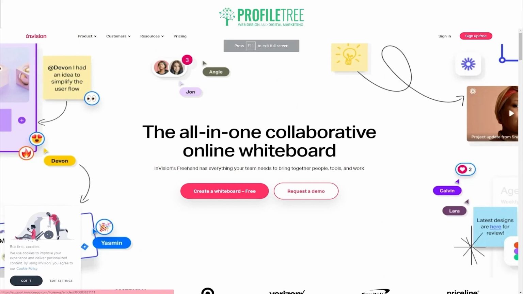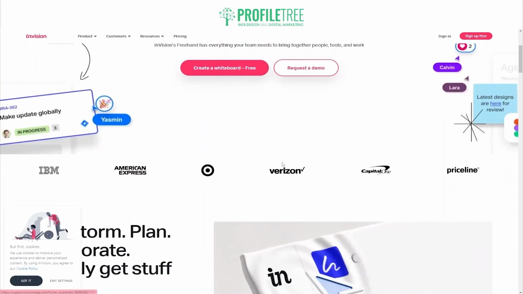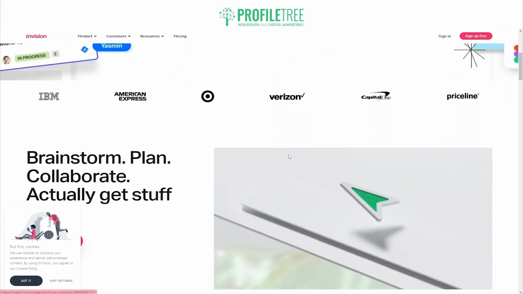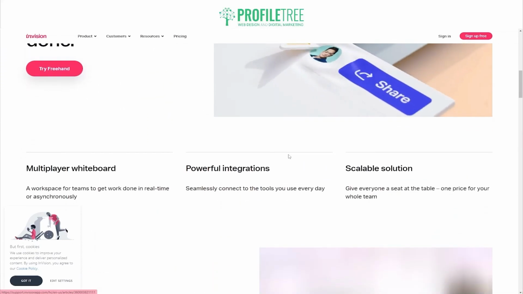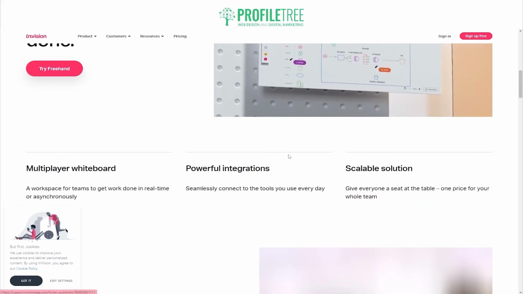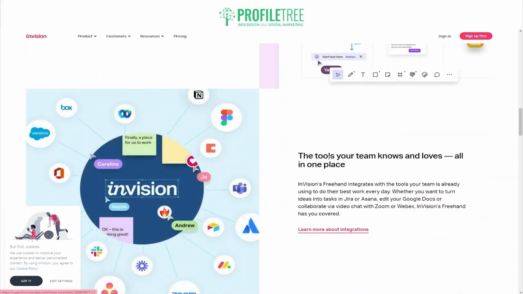Another really great example is InVisionApp.com. So InVision's website is another great example of material design. So it uses a clean, minimalist layout, with really bright, bold colors as well. The site uses geometric shapes and a focus on typography to create a modern and streamlined look and feel. There's also the use of these tactile surfaces and subtle animations to help